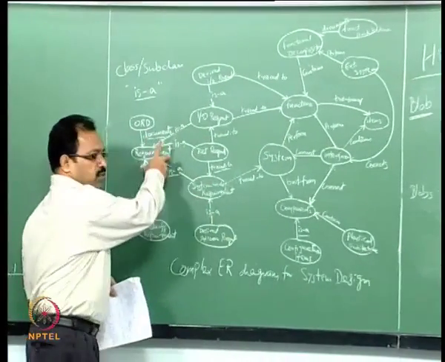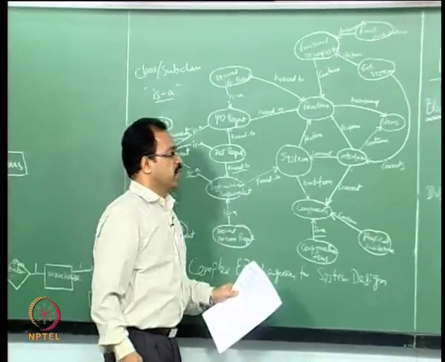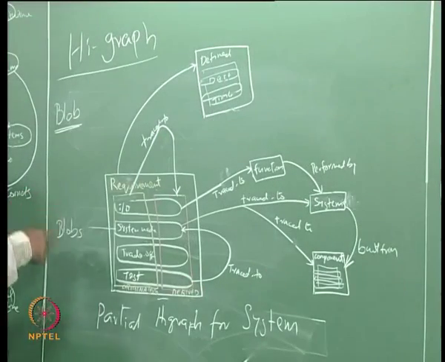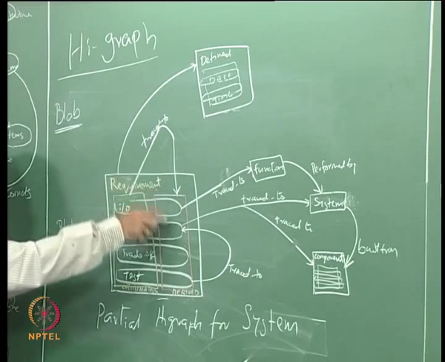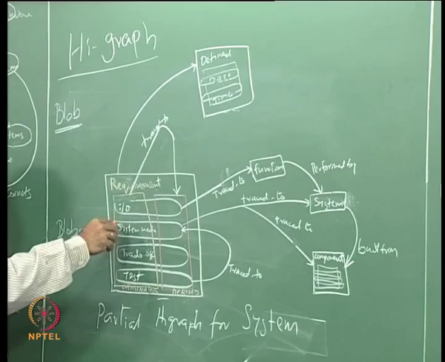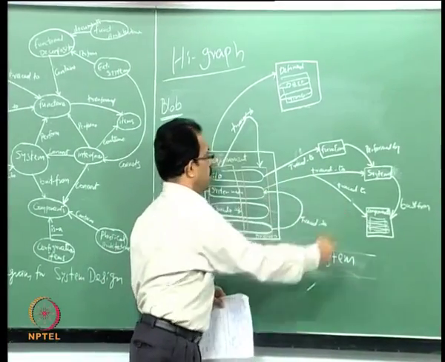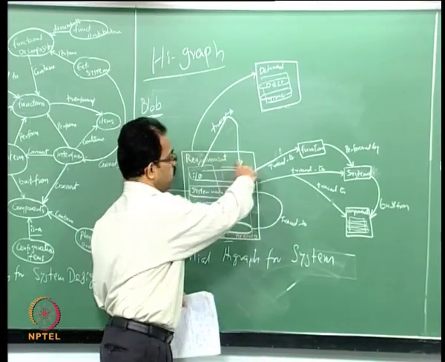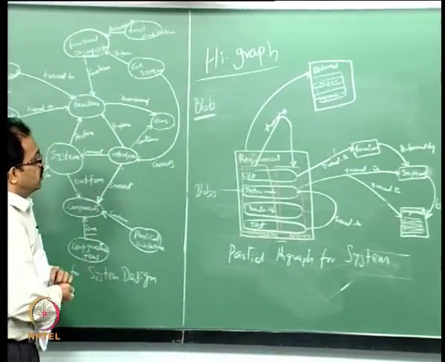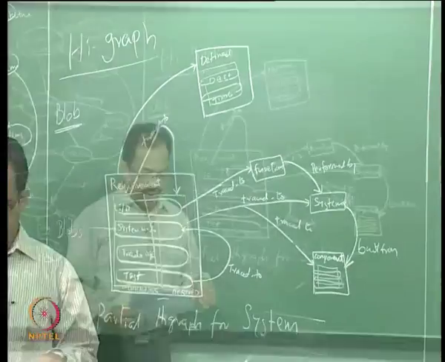So, what we are trying to do is to reduce the complexity of the ER diagram. The complex ER diagram is simplified to another diagram called high graph, where we try to see all the subclass relationship, and all the subclass relationships are combined to a single entity, and this single entity will be having multiple blobs to represent the subclasses in the system, and then we can actually have many entities like that, and the relationship between the entities can be represented in the same way as the ER diagram. So, this is the high graph, which is very commonly used for representing the relationship between entities.